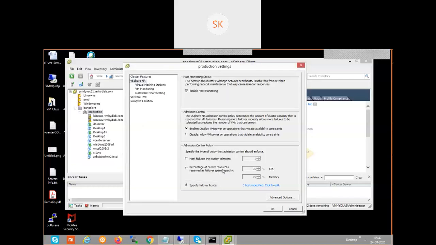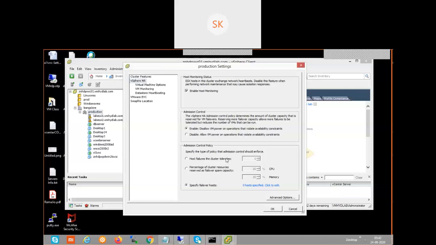Which is the best option? It all depends upon your environment. For example, in any production or live environment, the cluster is configured in such a way that the hosts are of equal model, the same model, like 40 CPUs and 256 GB RAM, or 20 CPUs and 1 TB RAM.